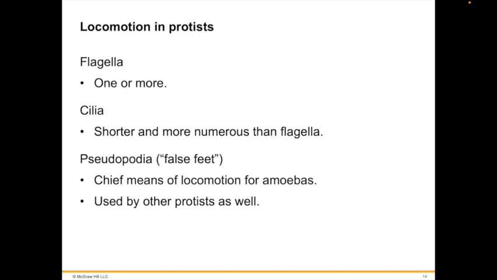Pseudopods are the chief means of locomotion among amoebas. Other protists have long, thin pseudopods that can be extended or retracted. Because the tips can adhere to surfaces, the cell can move by a rolling motion, shortening the pseudopods in front and extending those in rear. Other protists have numerous cilia that act as tiny oars to move the protist through fluid.